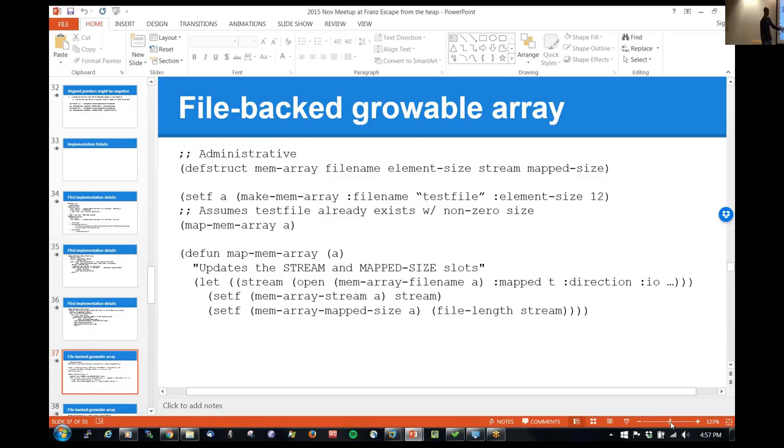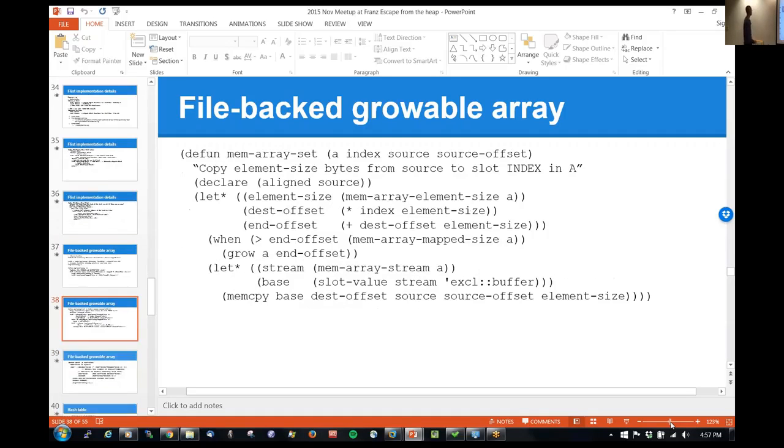This function is actually very simple. All it does is hold that stream in the memory structure and keep track of how large the file was at the time it was mapped. And the reason we do that is so that when you want to set an element,